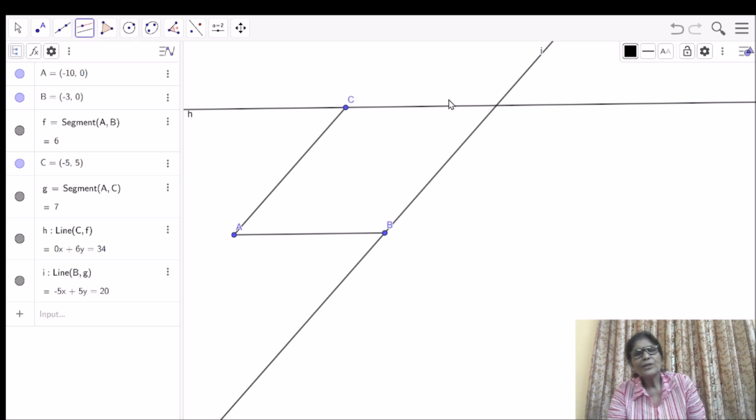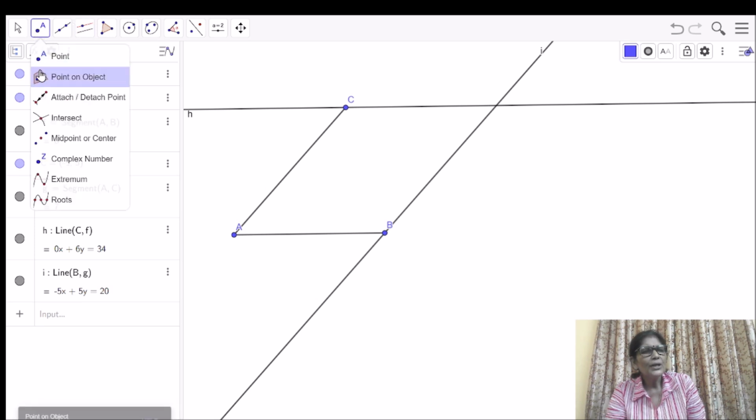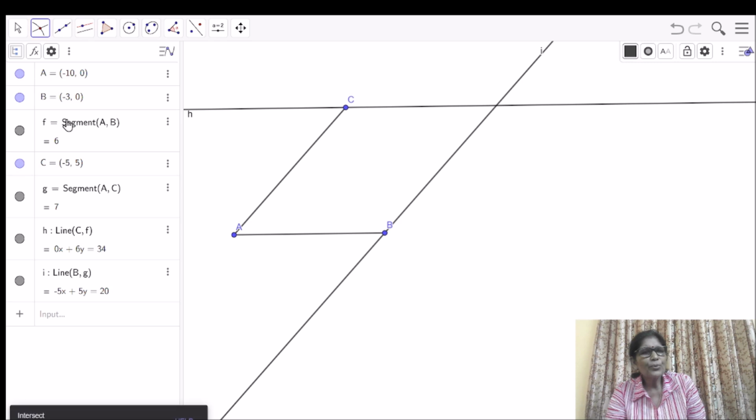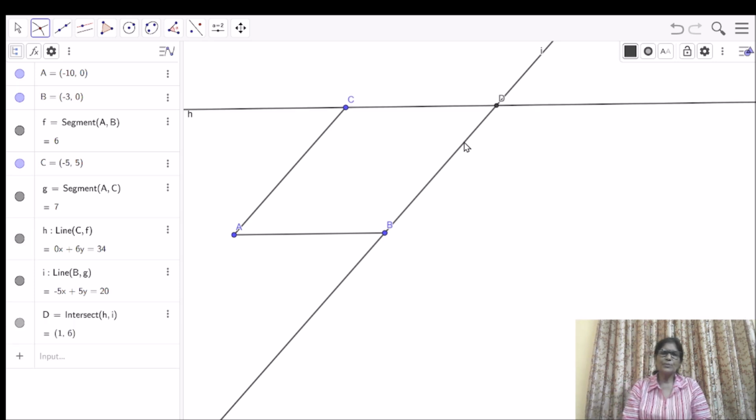So first I want this intersection point. For the intersection point, I'll again go to this point tool. Here you will get the intersection point of these lines. Click on a line once and click the other line once. Both, the intersection point you need, that is D. So A, B, D, C we are getting, but we don't want this messy picture.